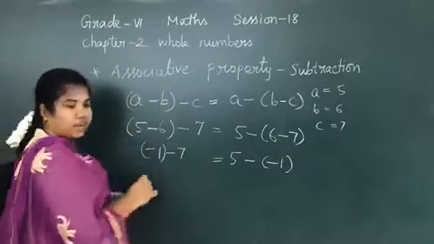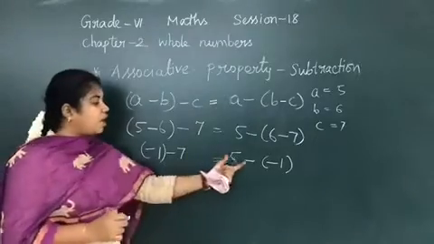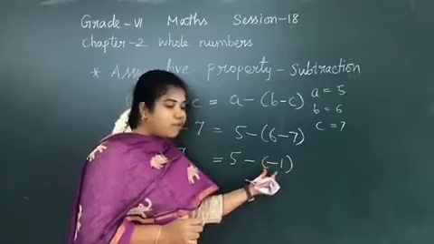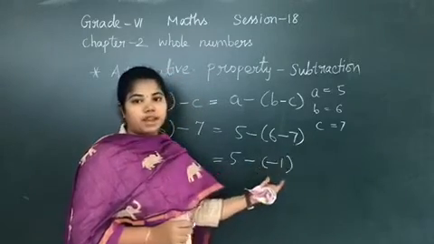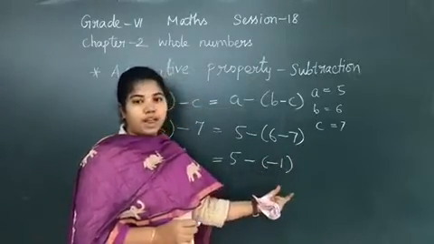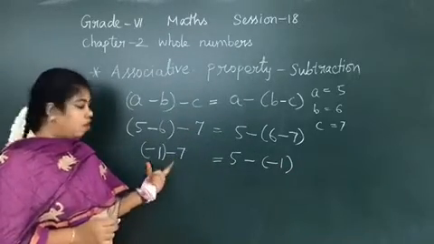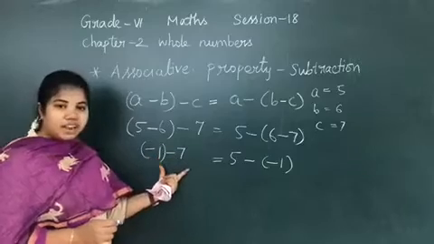Why am I writing the bracket here and why did I not use the bracket here? Okay, let us write bracket. It is not of so much difference. But why I am using bracket is I have a subtraction symbol here. Again, if I want to write a symbol, I have to put bracket. Even if it is plus, I have to put bracket. Here I don't have any symbol in between, so I did not put bracket first. Okay, now minus 1, minus 7.